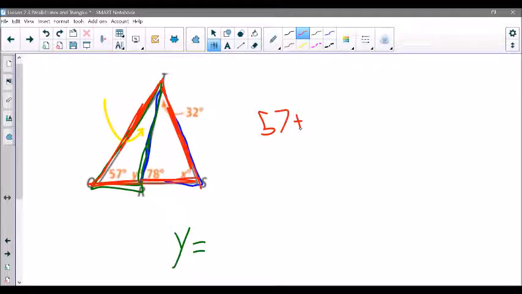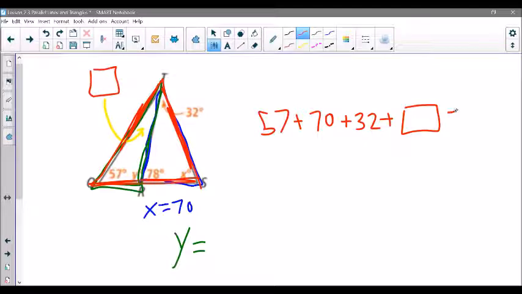What was x again? Did anyone remember? Was it 70? So x was 70. I'm just going to write that over here: x equals 70. So 57 plus 70 plus 32 plus that missing angle in yellow